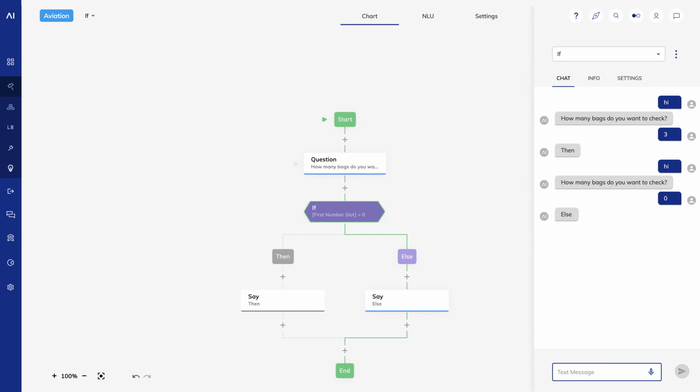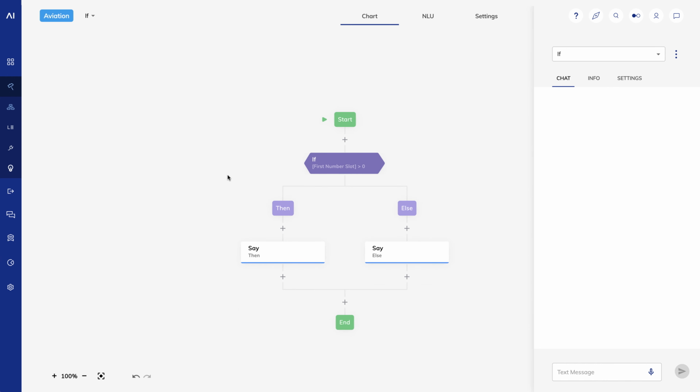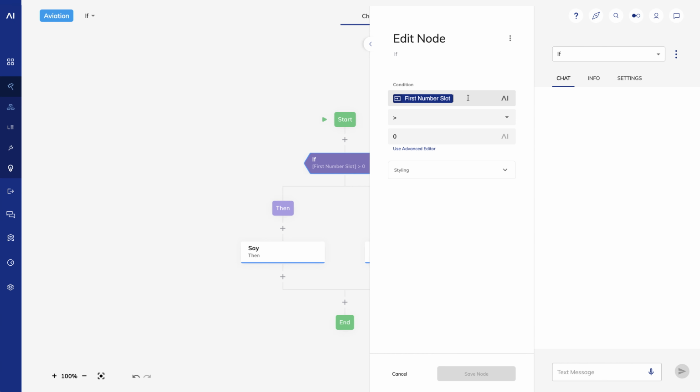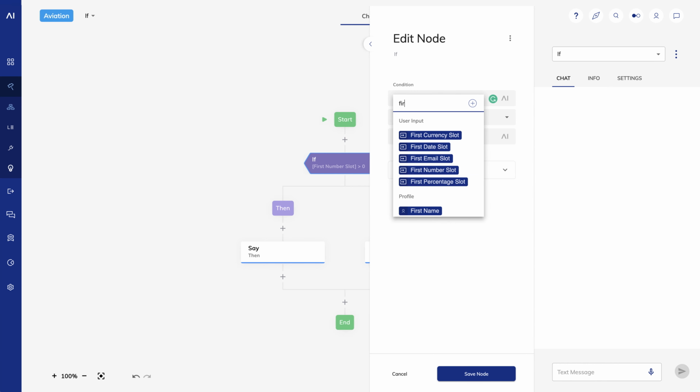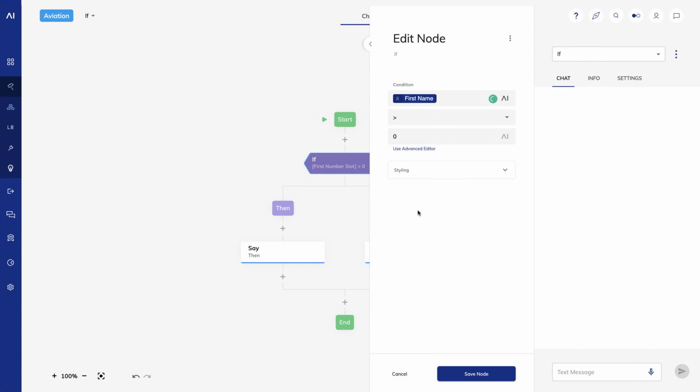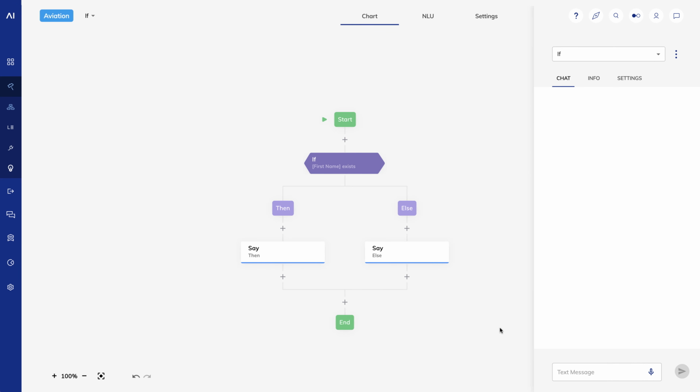What if I want to greet someone by their name if it exists? I'll remove my question node. In my if node, I'll choose first name as my token, and I'll choose exists as my operator. Let's test it out.